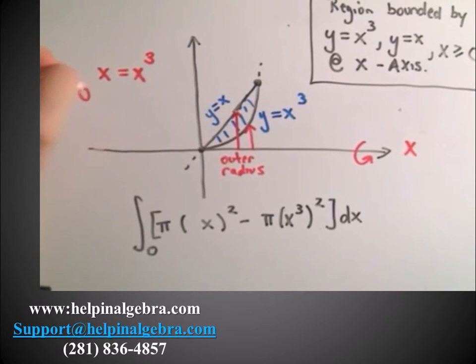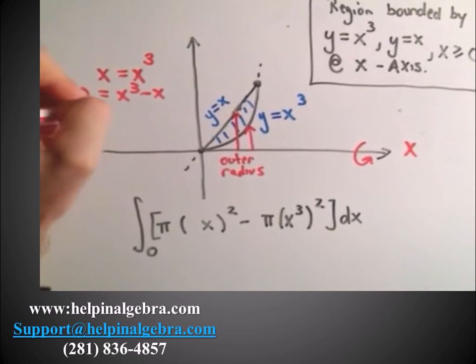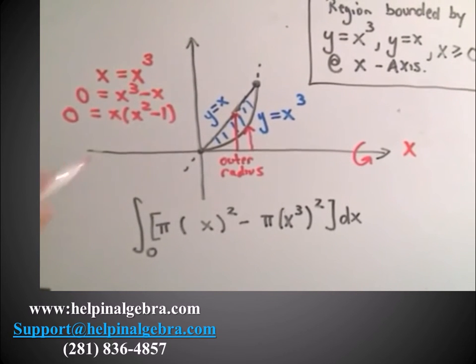Set them equal, then make one side 0. We could factor out an x. We would get x squared minus 1. If you factor x squared